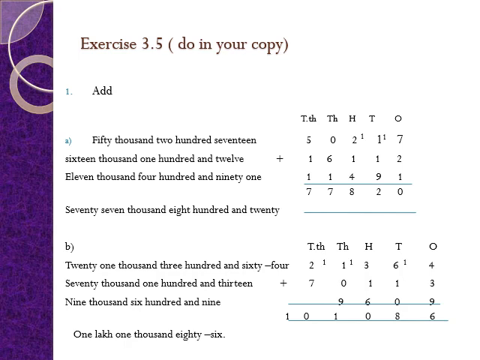Now come to the ones place. 4 plus 3 plus 9, 16. 6 carried 1. Tens place: 6 plus 1 plus 1, 8. Hundreds place: 3 plus 1 plus 6, 10. 0 carried 1. Thousands place: 1 plus 9 plus 1, 11. 1 carried 1. Then 2 plus 7 plus 1, 10. So the answer will be 1,01,068.